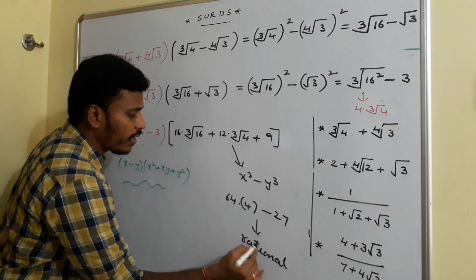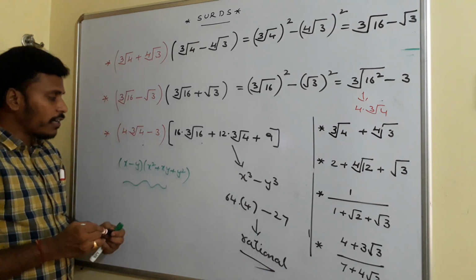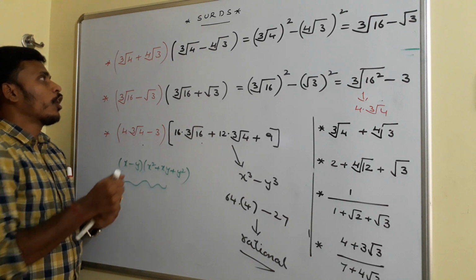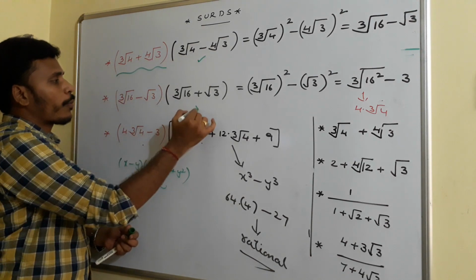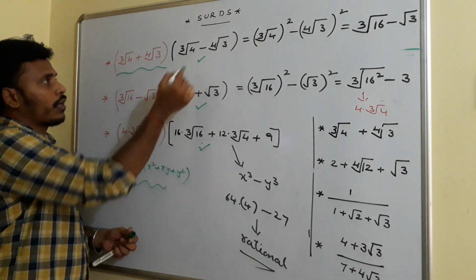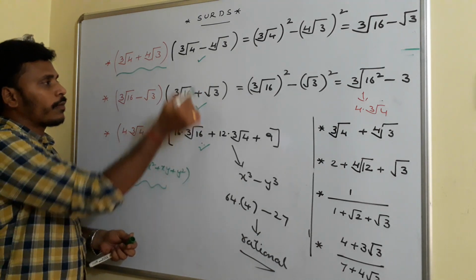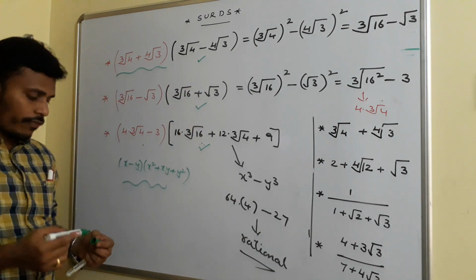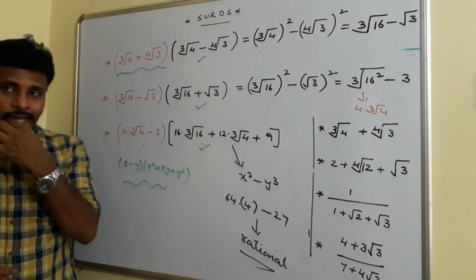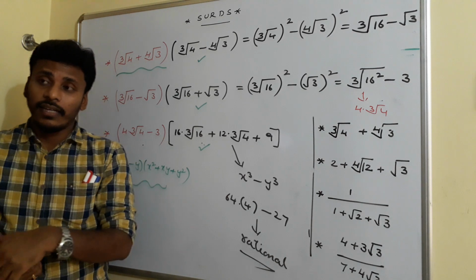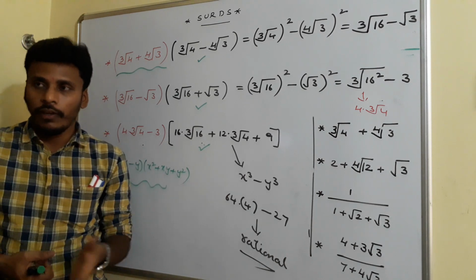Now since this is a rational number, the rationalizing factor for the given problem, cube root 4 plus 4th root 3, is the product of this, this and this. If you multiply these three numbers, that is the rationalizing factor for the given problem. Somewhat lengthy task actually. Think about it once again, there are many ways to find the rationalizing factor and this is one of the ways. Right?